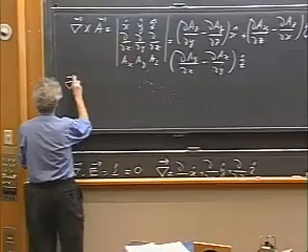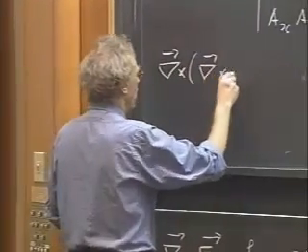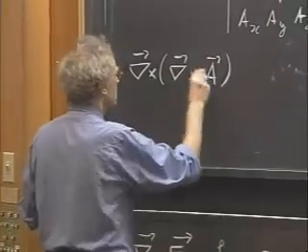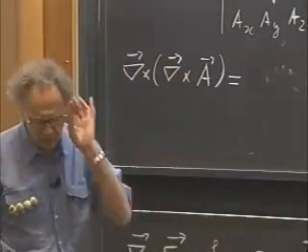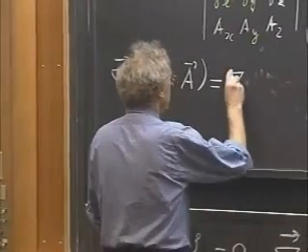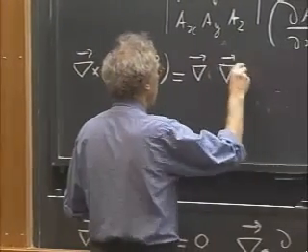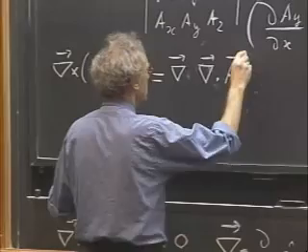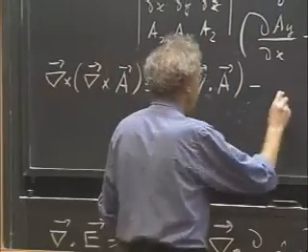The curl of the curl of A, and I will show you the result without proof, is the gradient of the divergence of A minus